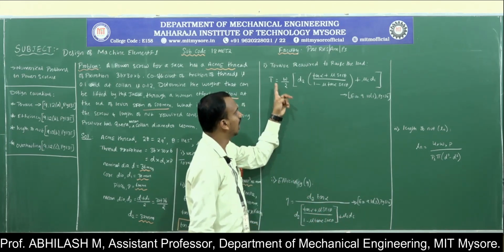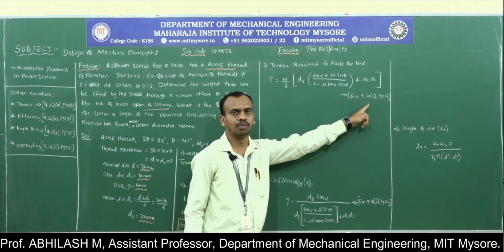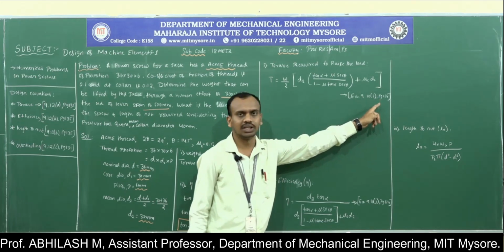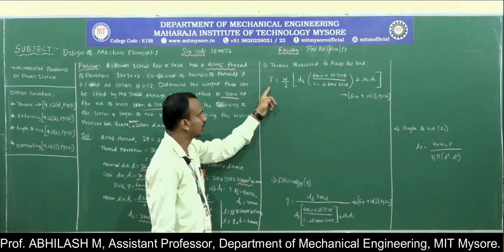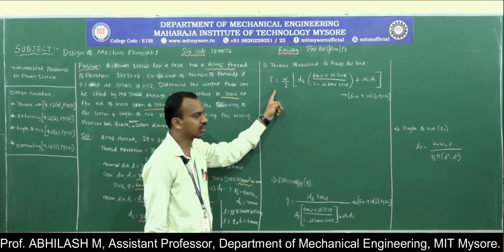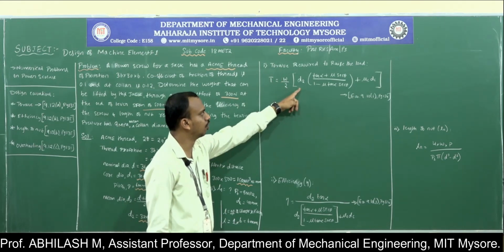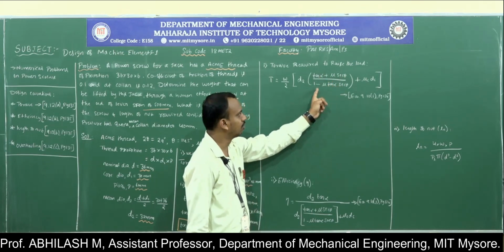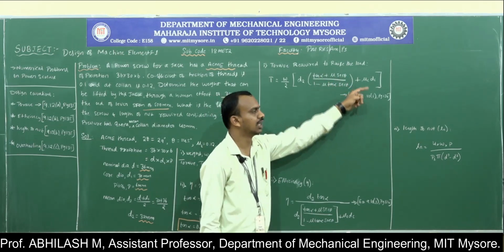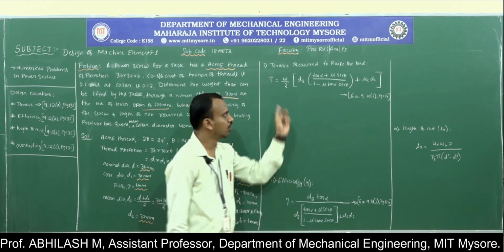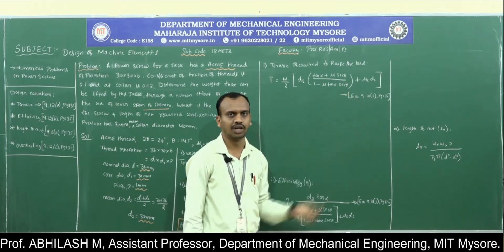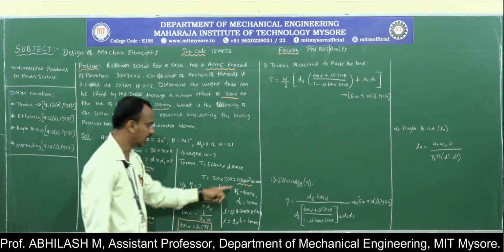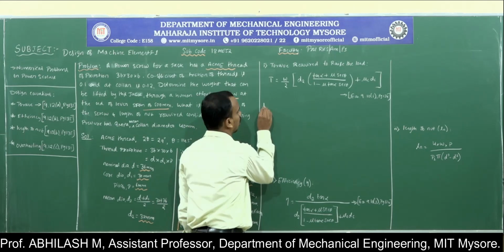The relation is available in the data handbook in equation 9.10i in page number 134. The torque that is required in order to raise the load is given by W by 2 into d2 of (tan alpha plus mu secant theta) divided by (1 minus mu tan alpha secant theta), plus mu c dc. Do I know all the values? Let us check after substituting the values. Do I know the amount of torque that is applied? Yes, I have calculated it, that is 150 into 10 to the power of 3.